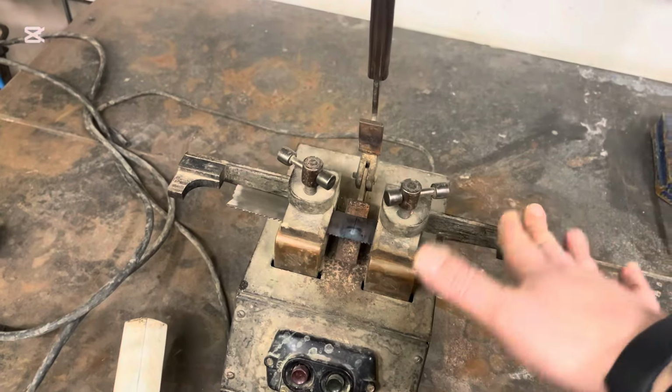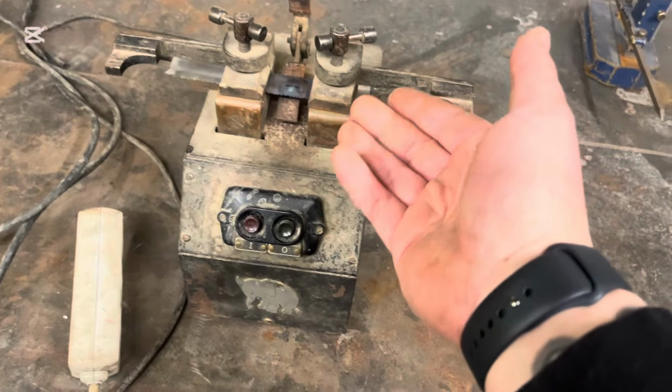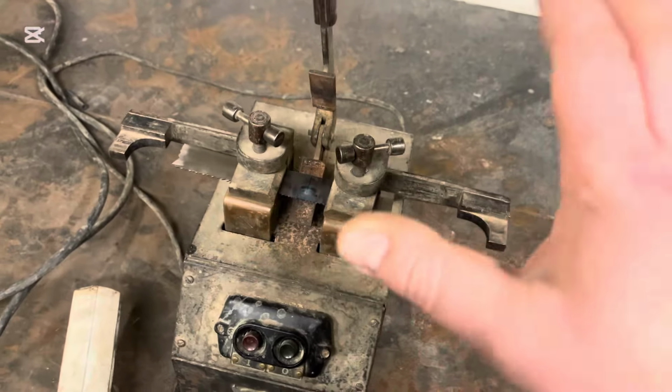It kind of works. I will be fully restoring this, and I hope you will wait and join me for